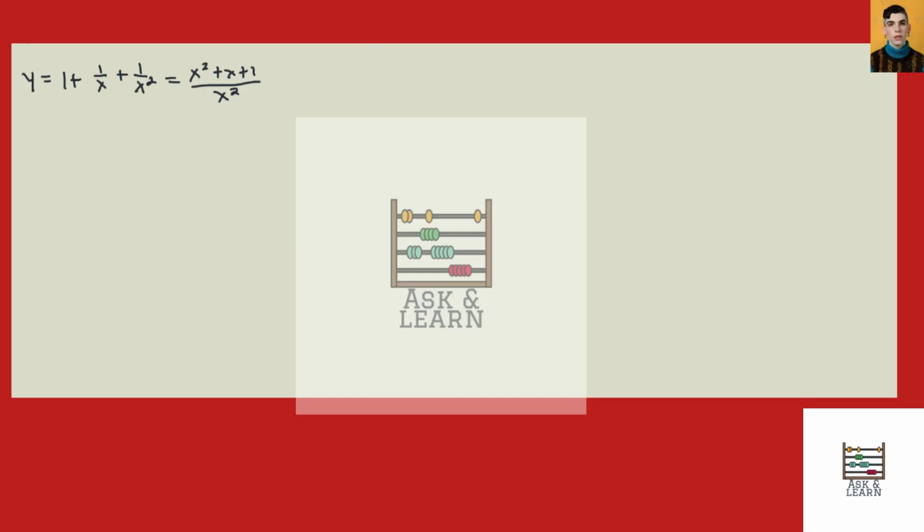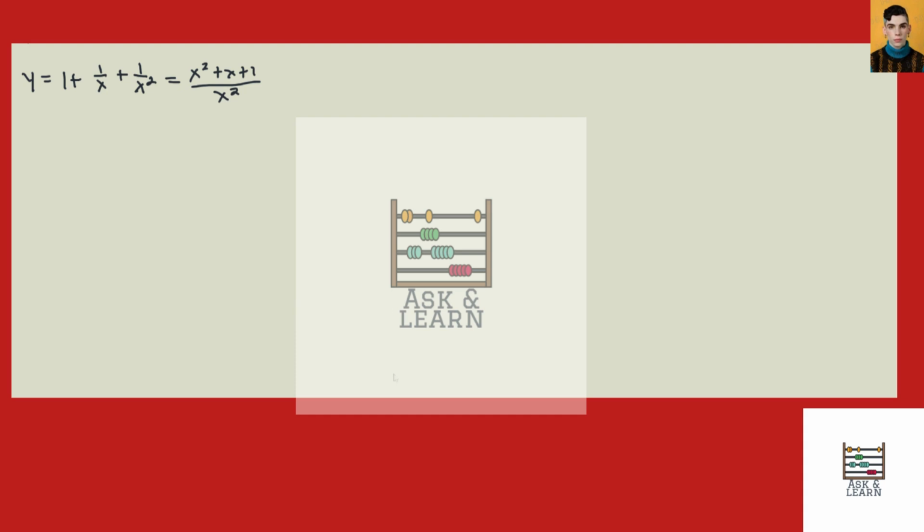We want to sketch the graph of y is equal to 1 plus 1 over x plus 1 over x squared. Now, I went ahead and just added these up because this was really a rational function in disguise. And we might need to realize this is a rational function so we can start looking at horizontal and vertical